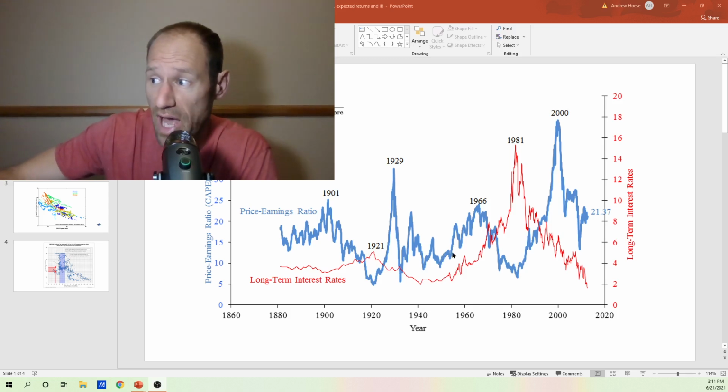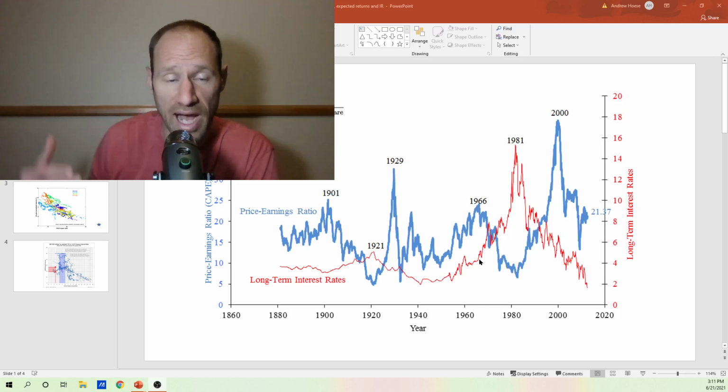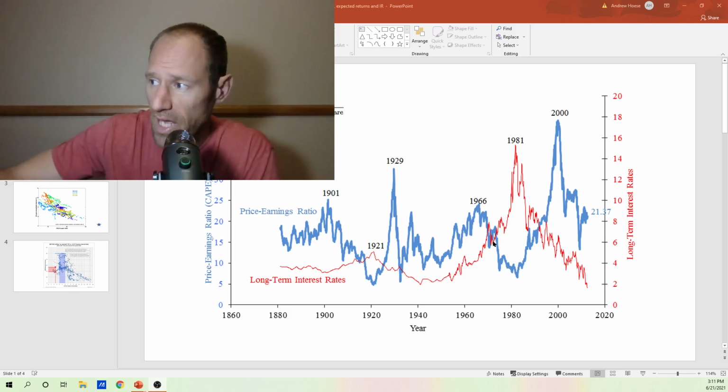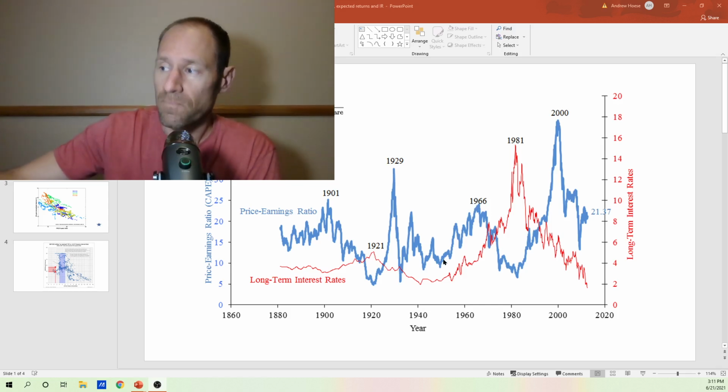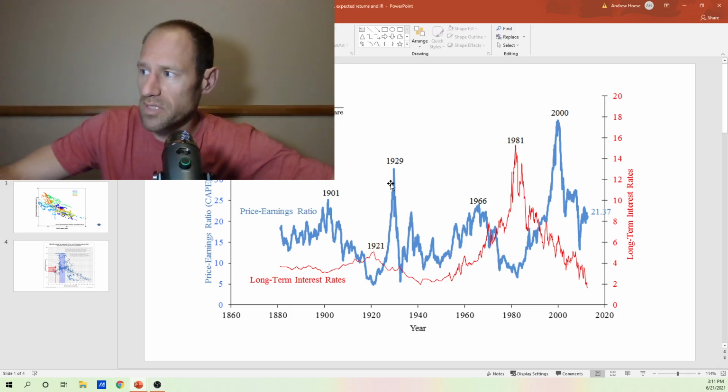We also had very high inflation in the 60s and 70s. So in the late 60s and 70s, we had a high inflation environment with high interest rates. And you can see that the P/E ratios really turned on it. So another thing here, and I'll draw it in here real quick, is that you'll see general trends.